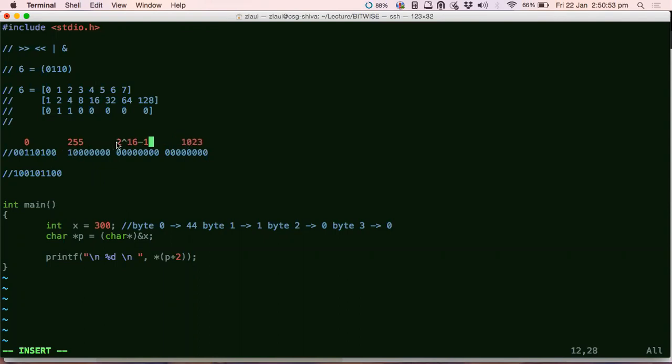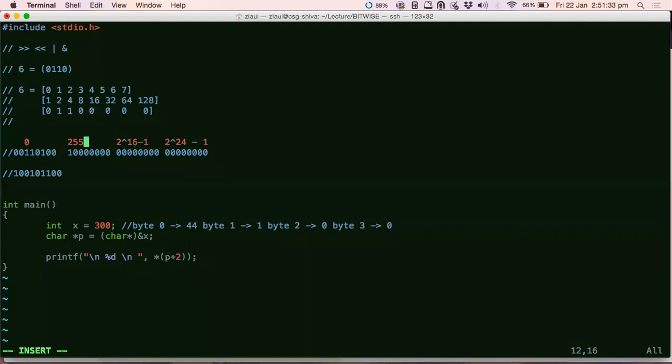Here it's better to say that it's the expanded form of bytes with base 2 power 8, using the byte values. Like 2 power 0 into first byte value 44 plus 2 power 8 into second byte's value. Not maximum value, just the value stored in that byte. Like the first byte stored the value 44, so 44 into 2 power 0 plus 1 into 2 power 8 and 0 into 2 power 16. So that's what you are saying now. I am saying 255, then you are doing 2 power 8. Yeah, so I get it.